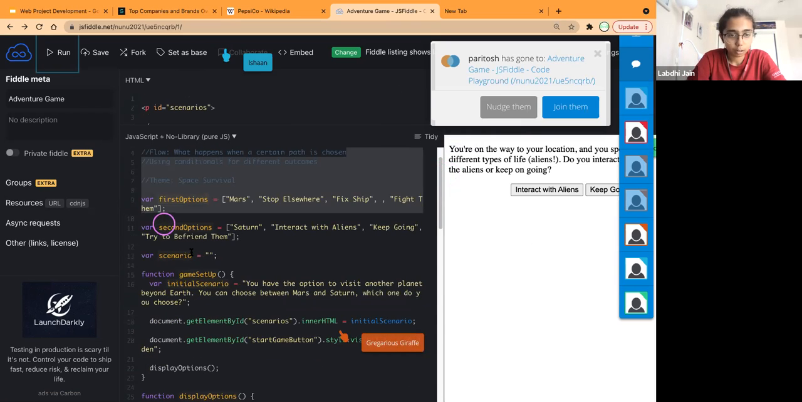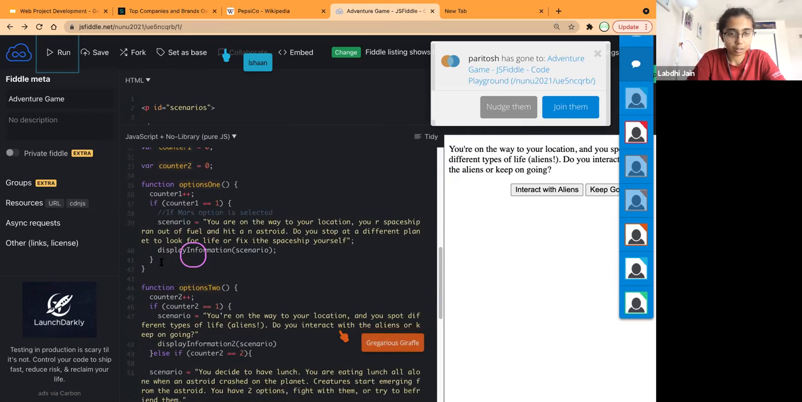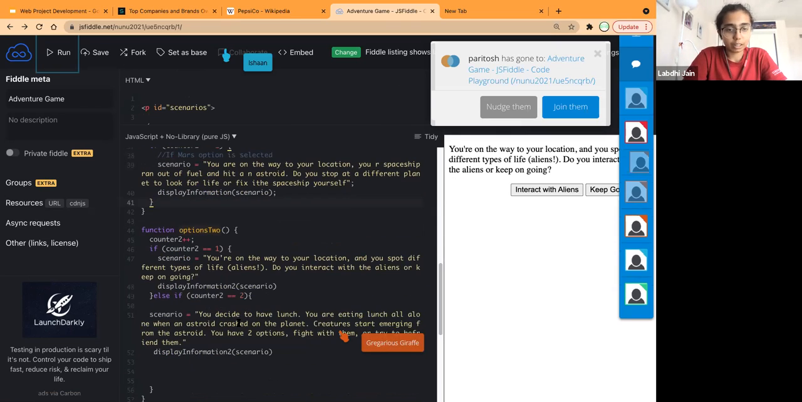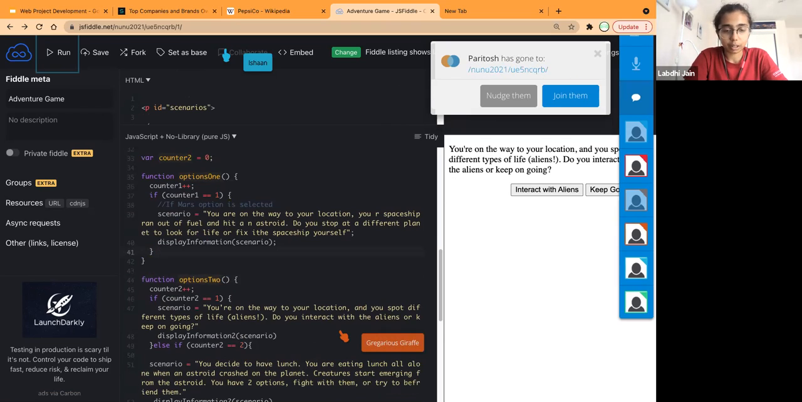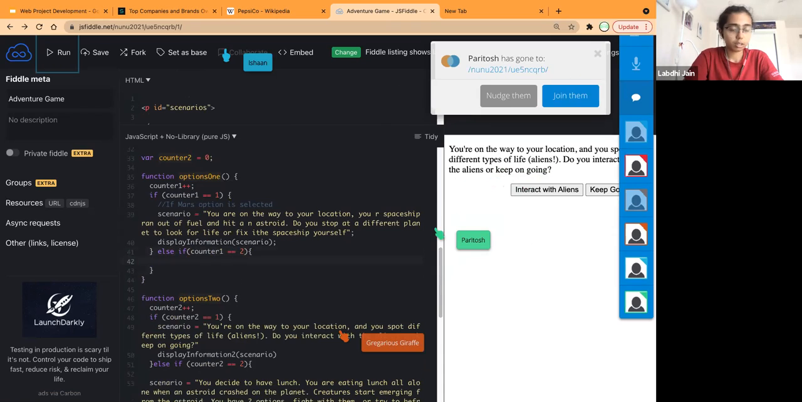Okay, let's not. All right, so whatever we did over here, the else if, we're going to do the same thing in counter 1. So else if counter 1 is equal to 2, we set our scenario to another addition to counter 1. So if they do interact with aliens, then what do we want to add to the story? So suppose you do interact with aliens, then